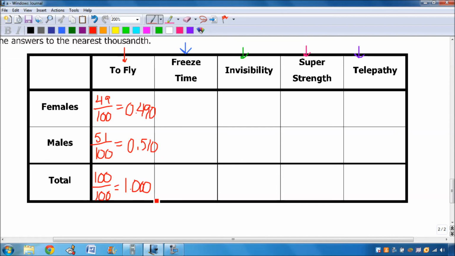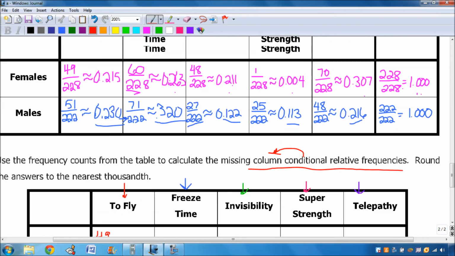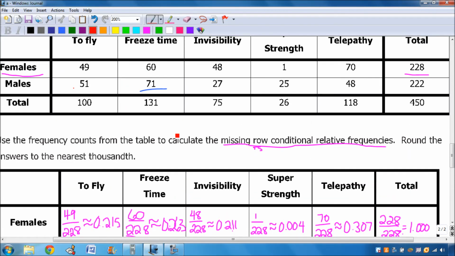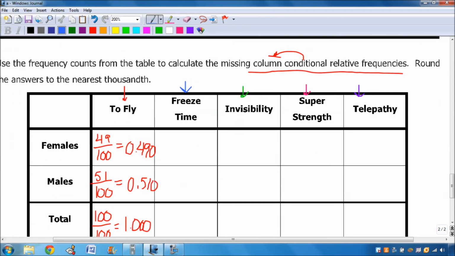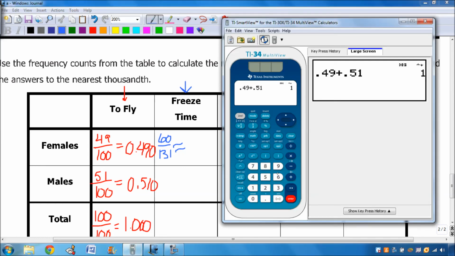Okay, so now let's do the same thing for freeze time. For freeze time, we have to figure out how many people altogether chose freeze time. Well, 131 people here chose freeze time, and 60 of them were females. So I would do 60 out of 131. So let's figure this out. 60 over 131 is approximately equal to, so let's type this in, 60 out of 131. You get approximately